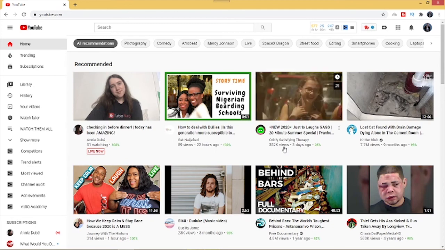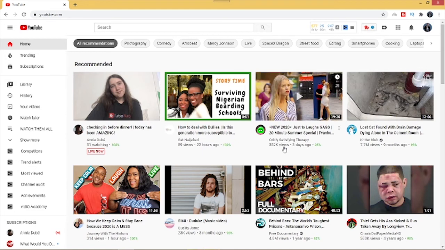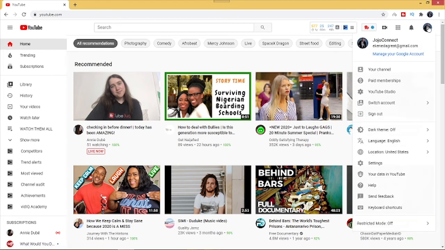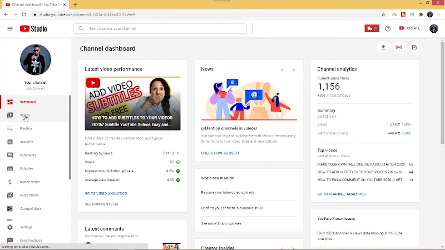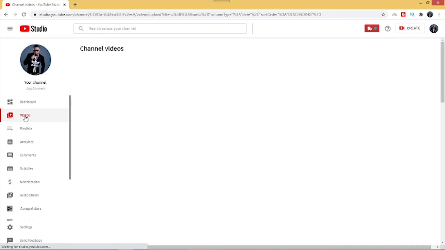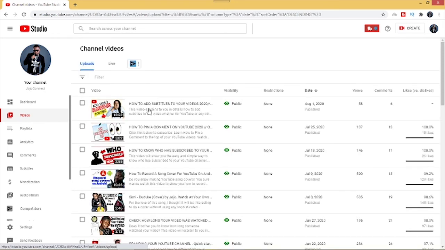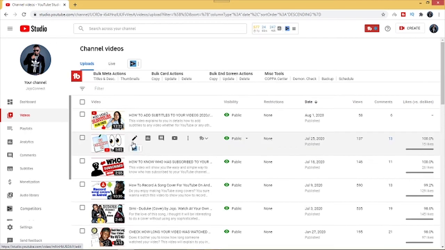So the other method to add end screens to your video, especially when it has to do with videos you've uploaded before or earlier, all you need to do is to go straight and click on your profile icon here, and then click on YouTube Studio. Once you get here, just go ahead and click on videos here. Now you can decide to choose any of the videos you want to add the end screen to. So let's assume I'm adding the end screen to this video. I'll just click on the pencil icon here,